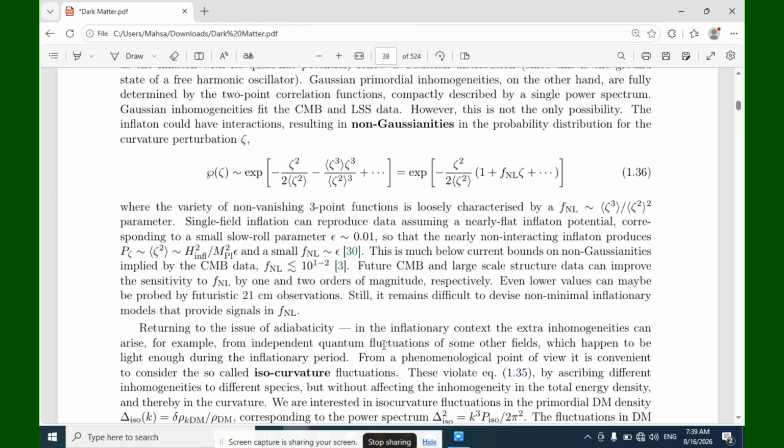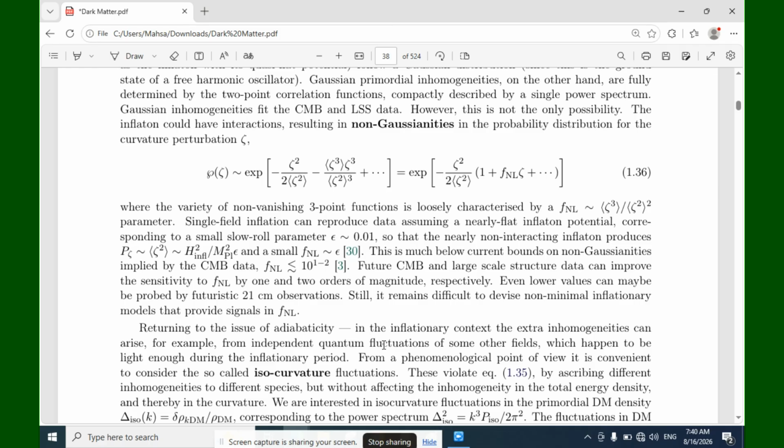P_ζ, which is almost equal to ζ², equal to H_inflation² divided by M_Pl², and that ε and a small f_NL is almost equal to ε. This is much below current bounds on non-Gaussianities implied by the cosmic microwave background data, f_NL is less than 10^1 minus 2. Future cosmic microwave background and large-scale structure data can improve the sensitivity to f_NL by 1 and 2